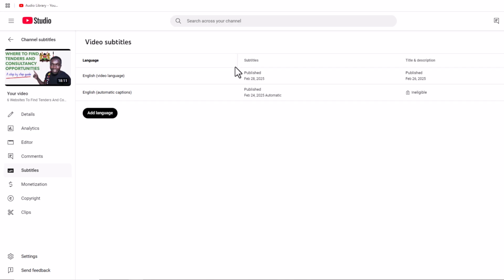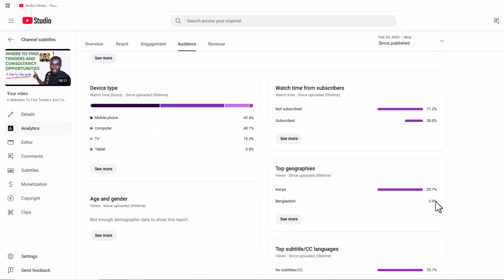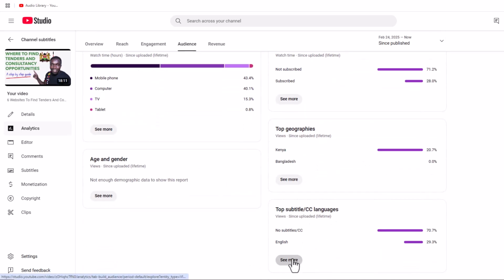As you can see, I have subtitles in English and it's published. Now what you need to do here is add new languages for your subtitles. If, for example, in the analytics page under your audience, you realize that people watching your videos are watching subtitles in other languages, you can add subtitles in the new language based on the video that people are watching. For example, my video here has only English and people from Bangladesh are watching the